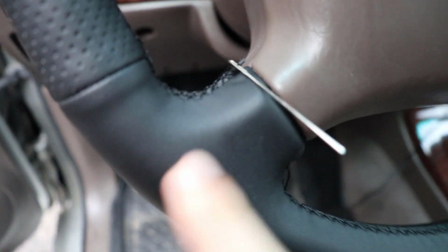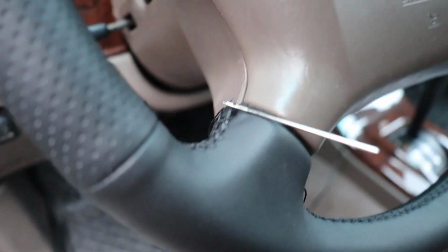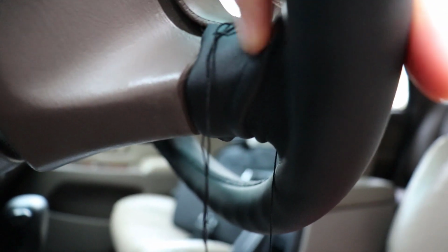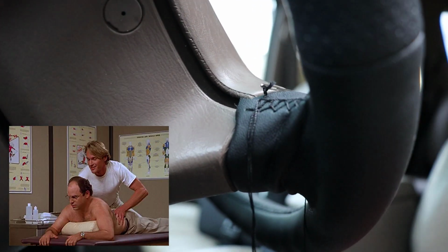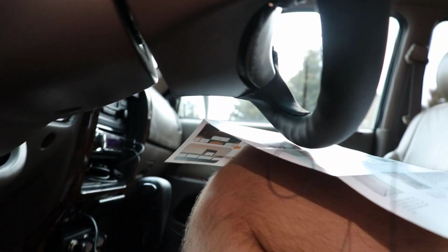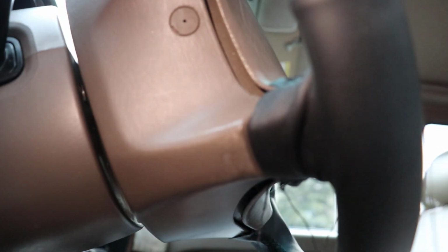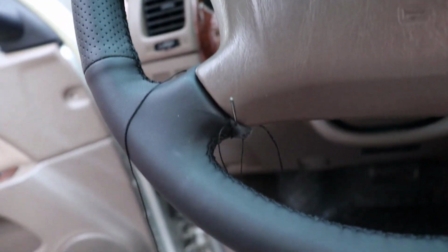Now we're nearing the end. You can see I've got the corner buttoned up pretty well. Working on the top part here as we kind of round it out, but we've run into a bit of a debacle in the sense that the back has a big old bump in it, so I guess I'm gonna have to try and work that out, see if we can get that massaged out. So we're looking pretty good on the front end. The back, if you can see, it's still a little bit wavy, almost kind of lumpy. There you go, you can kind of see it there. So we'll see if that'll work itself out over time, but I'm gonna go ahead and bind off this bottom